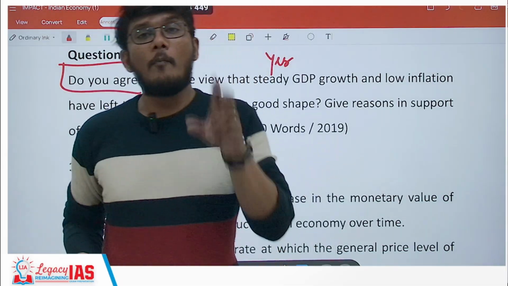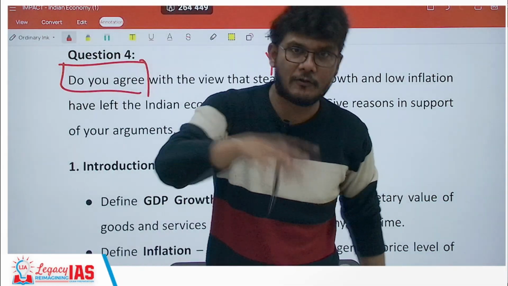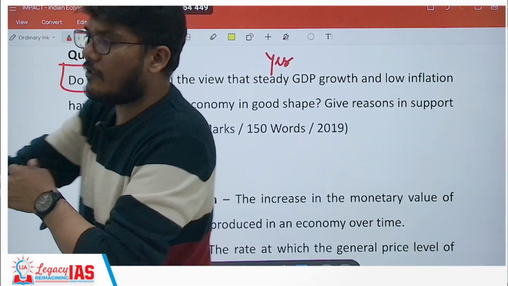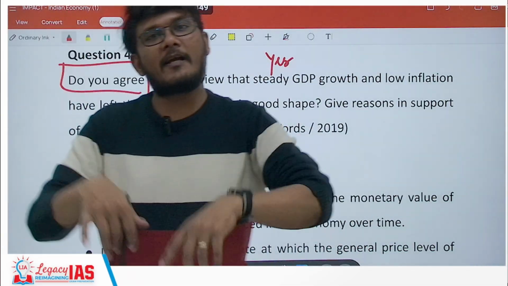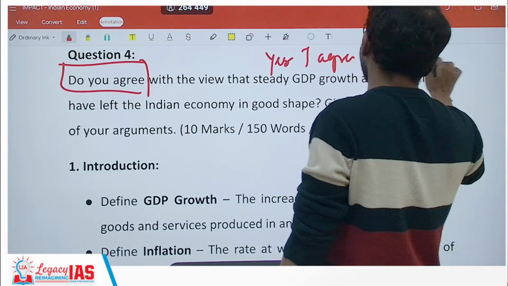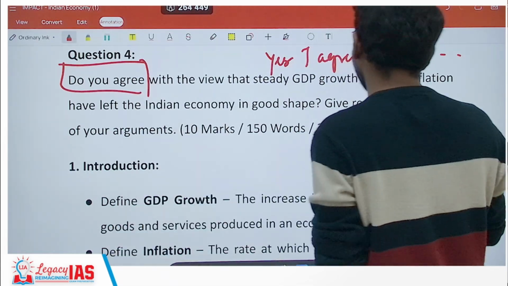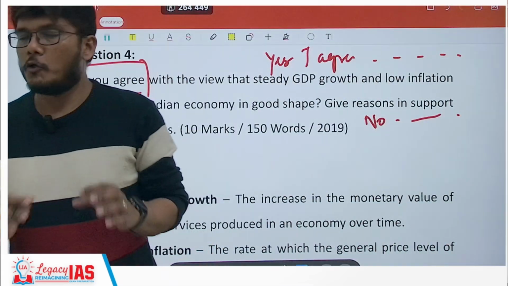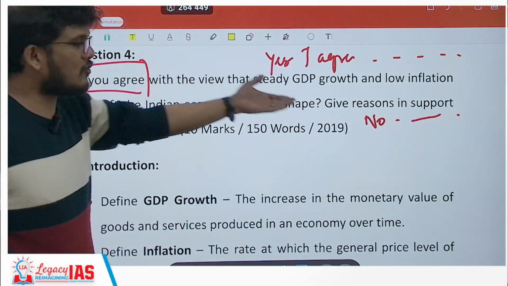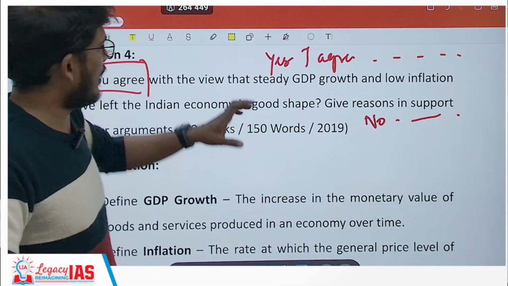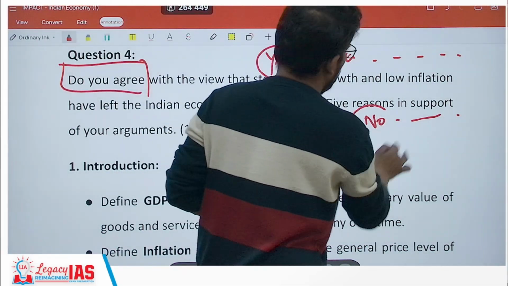That's point number 1. Point number 2, sometimes students do even worse. Since it will be a question in which you have to say both the positive and negative side, they will say, yes, I agree because of this. And then after half a page, they will say, no, I do not agree because of this. Don't do that. You are agreeing and then you are disagreeing. Do not mention it like that. The words yes and no, these direct words should not be used.